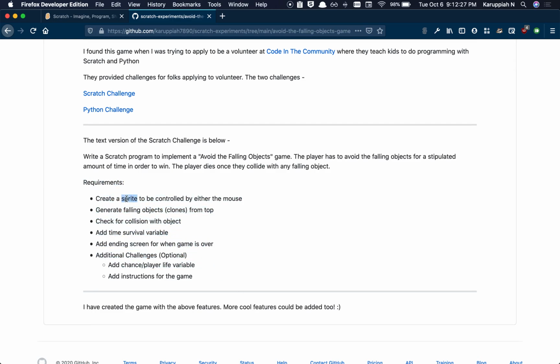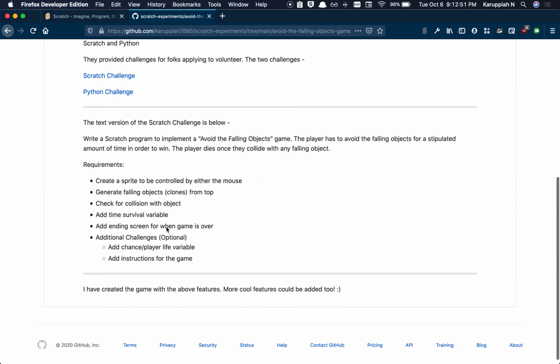We can create a sprite which will be controlled by the mouse, and we have to create some falling objects. There is something called clones over here. The objects are falling from the top, we have gravity, so check for collision with the object. When the player collides with the object, it has to just be game over.